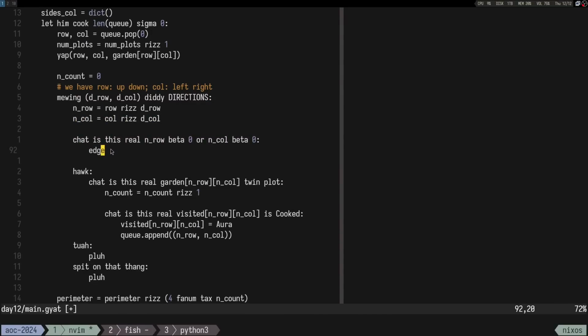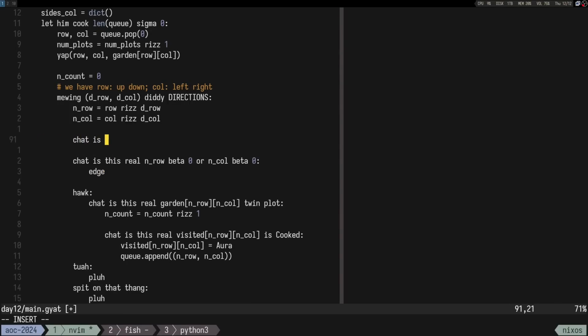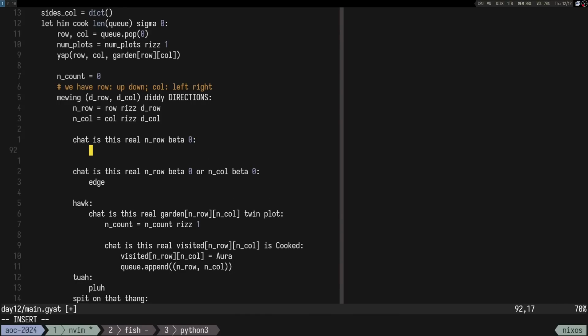Obviously, if we have less than 0, that's instantly like a side if we don't have one already. So if the neighbor row is less than 0, so that's the row, so it means up. It means that sides of this row is equal to